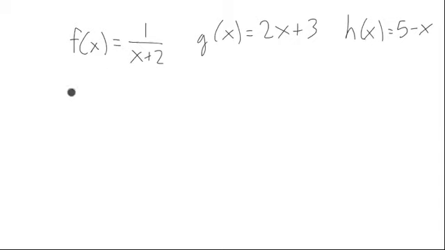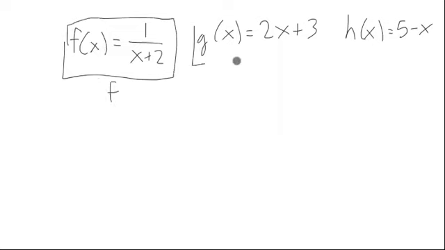Let's suppose we have these different functions, which are machines. This is the f machine, this is the g machine, this is the h machine, and let's suppose that we want them to work in tandem, or together, in different ways. For instance, what if we have some input coming in, like 3,